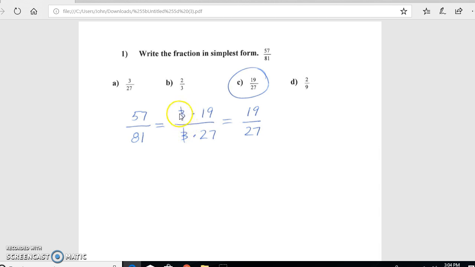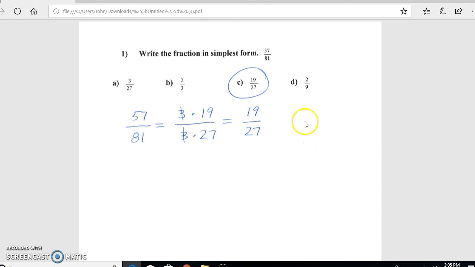So then the 3 on top and the 3 on the bottom would cancel. Anytime we have the same factor on the top and the bottom, they would cancel. And we're left with 19 over 27, which is in the simplest form because we can't break it down any